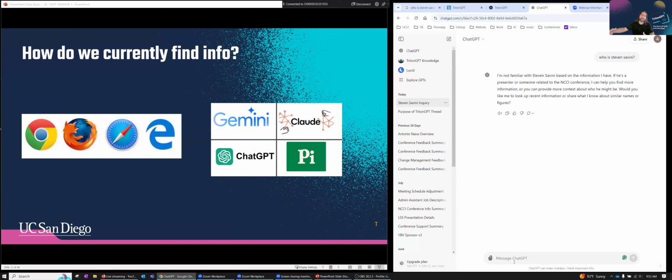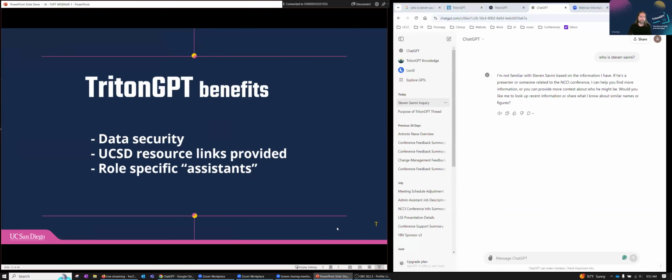But it's taking the same sort of set of information that a search engine would be using, and it's trying to give you a response using that set of information. So for the same reason, you need to scrutinize a little bit, you need to dig in a little bit more. This is one of the reasons why the folks at ITS looked at this situation and said, hey, there's an opportunity here. This was really one of the reasons I think that TritonGPT is going to be super useful for folks,